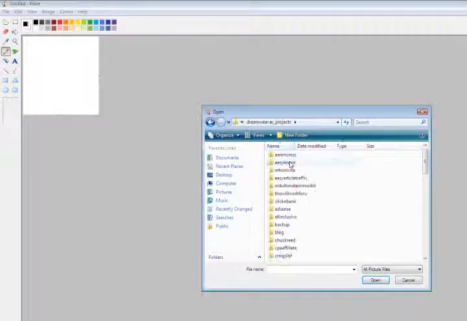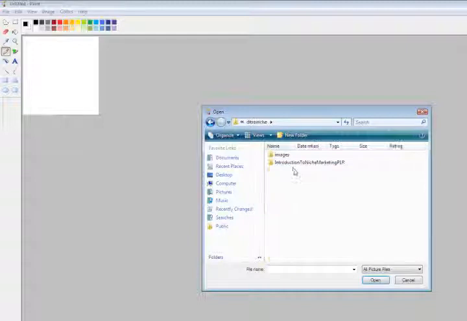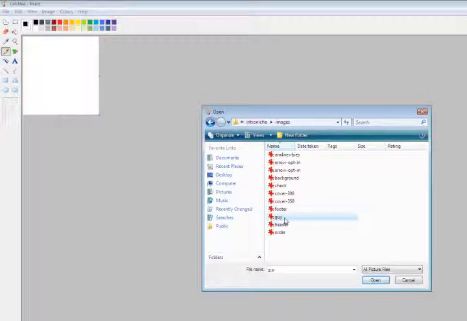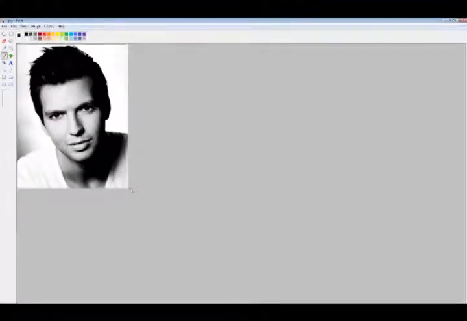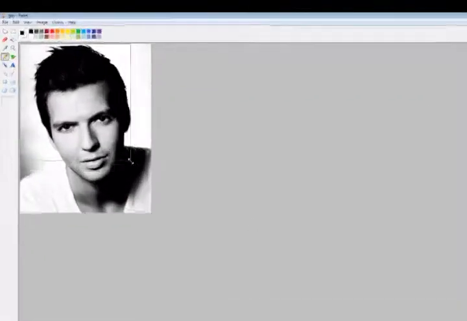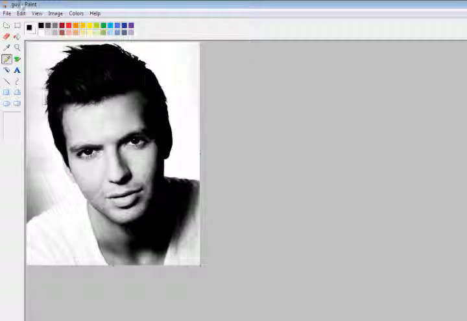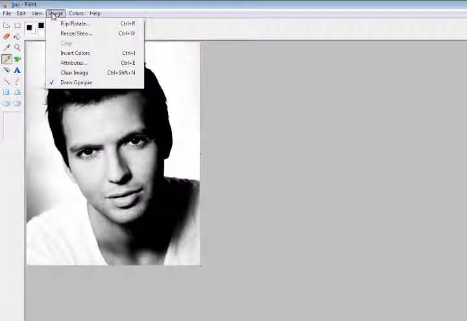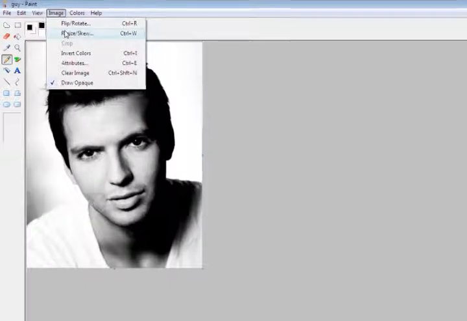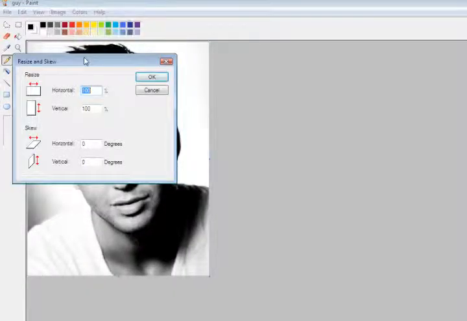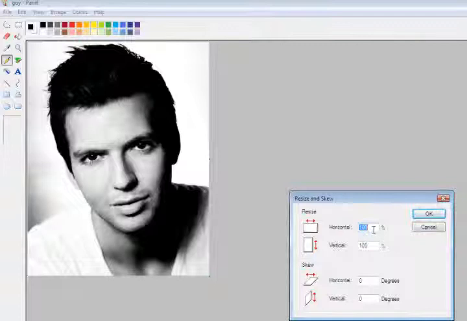Hopefully you did your own Dreamweaver projects here. And we can see images folder. Guy. And boom, there he is. And I think this is going to be pretty easy here. Boop, boop, boop. Nope, not as easy as I hoped. So we'll just go to edit image and do resize skew. So we can see here this is going to do us